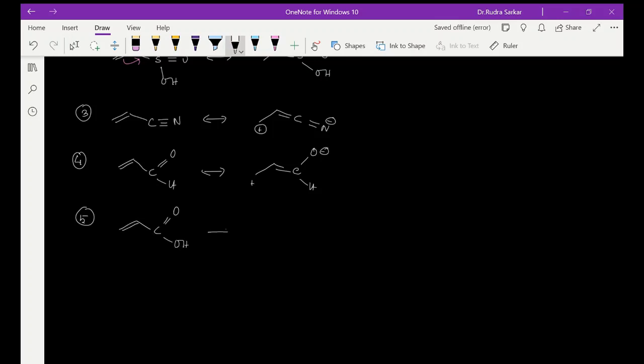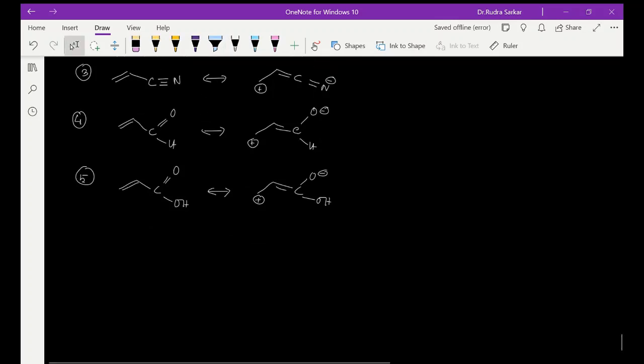So I hope now it is clear to everybody that whenever you have a group that itself has a pi bond within it, it can pull the electron density towards itself. And one more thing is that the direction of pulling is towards the most electronegative atom, right? So this can be thought of. Now you can also extend the idea